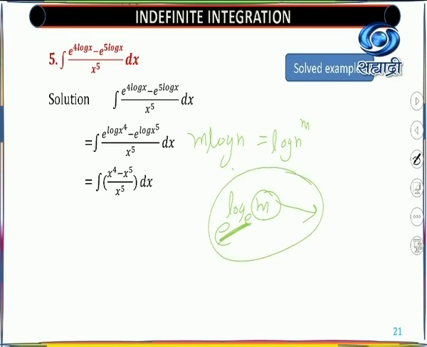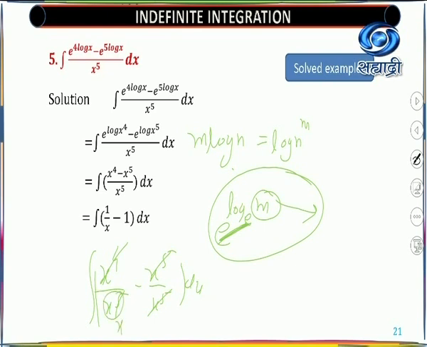Okay, so you will get this integral of (x^4 − x^5)/x^5. Now you are able to separate out the denominator. So if you separate out the denominator, you get x^4/x^5 − x^5/x^5 dx. Now here you are left with x^4 over x^5, so one x remains in the denominator. Both x^5 and x^5 will get cancelled, so you are left with 1 upon x minus 1 dx.